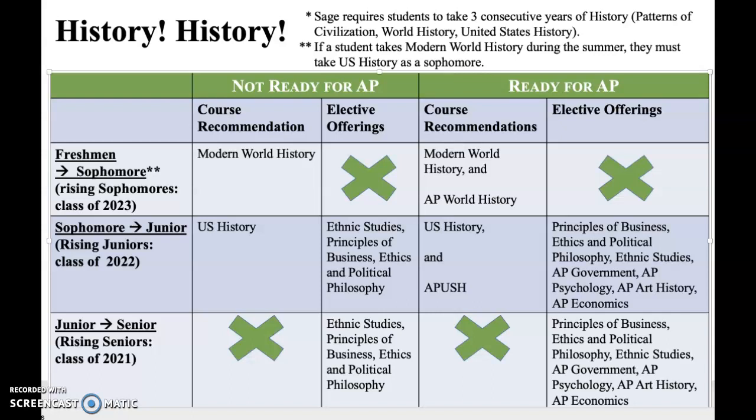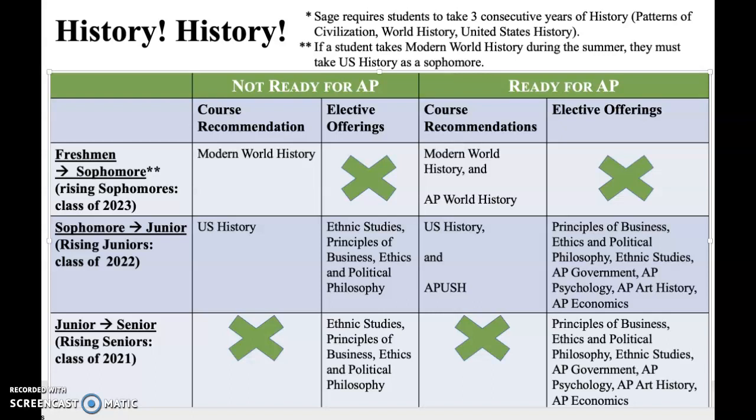Modern World History is going to have less out-of-class textbook reading. It's going to cover less content. It's going to be more project-based, and it will cover skills, but not nearly as stringently as AP World will. It will cover things like document analysis, document-based question writing. AP World is going to have much more out-of-class textbook reading, cover more content, be focused more on those skills like document-based questions, and be more lecture-based.